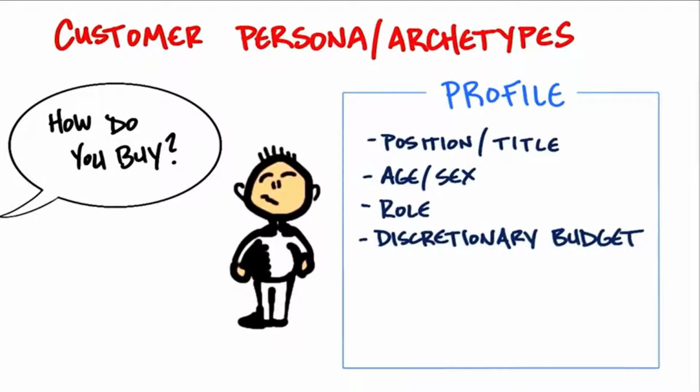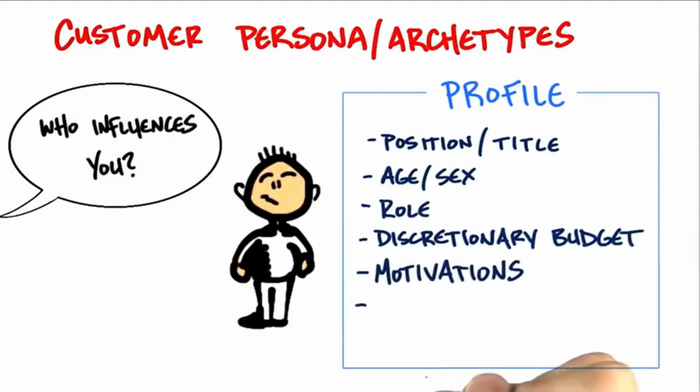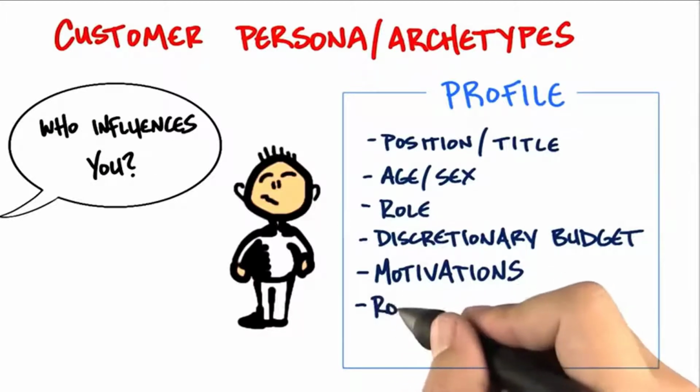In companies, do you know how much each individual department can sign up for? That is, if you've priced your product $1 too high, sometimes it requires the next level of management to sign off. Same at home. If you're trying to sell to kids, do you know what their allowances are and where they get their money and how often they get it? And if you're selling to consumers who are parents, what's their weekly spend on discretionary items? You need to understand what matters to them, what motivates them, who influences them. And this one isn't trivial. The influencers, you're going to go back to this when you do customer relationships later.